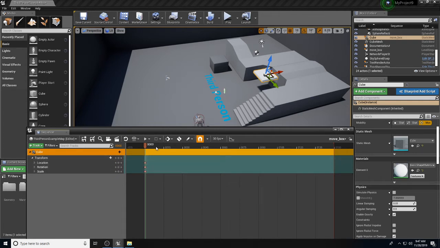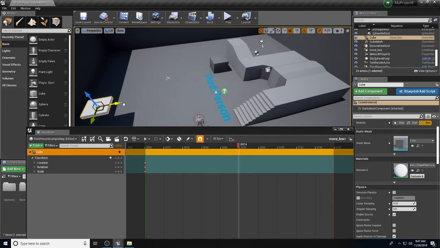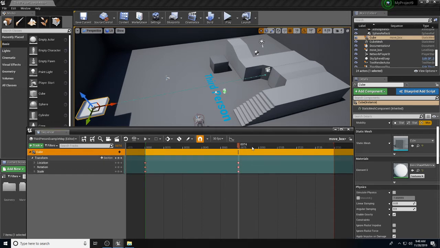So now I'm going to make this cube move from this position over to this position and then back. So I want to move my time slider about halfway, like here. I'm going to move my cube all the way to the wall. I'm going to click on add keyframe, and then I'm going to drag my timeline slider